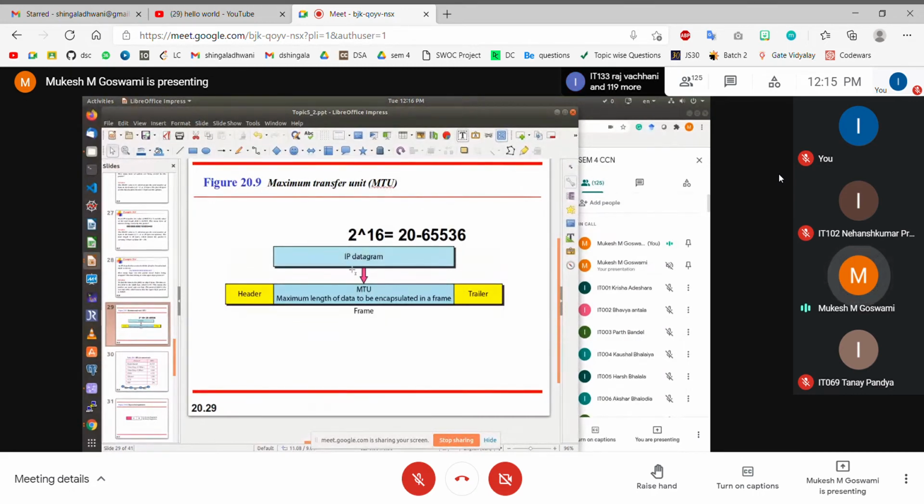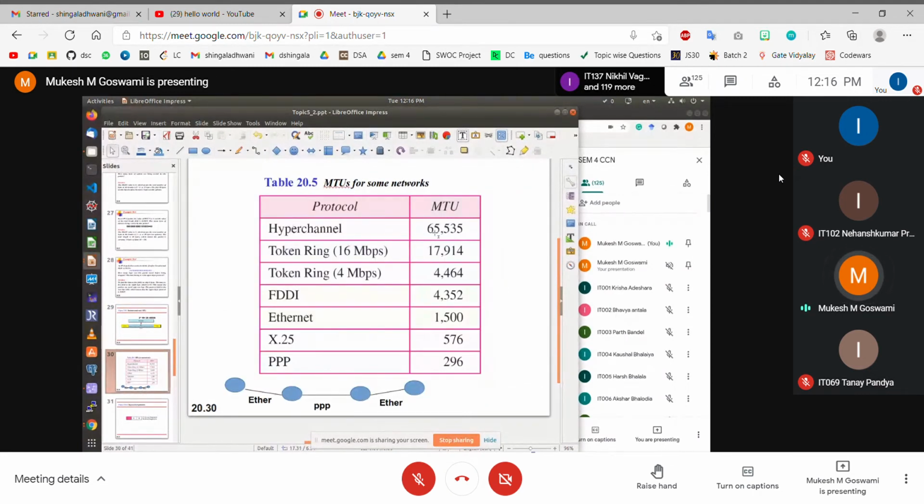So the size of the IP datagram has to be matched with the size of the MTU, and that is in turn determined by the kind of protocol we use at the data link layer and the kind of hardware that is available. So for HyperChannel, the MTU is 65,536, so you can have packet size also equal to the same. At token ring, you can have packet size equal to 70,000. At token ring 4 Mbps, you can have packet size equal to 4,000. And for Ethernet, you can have